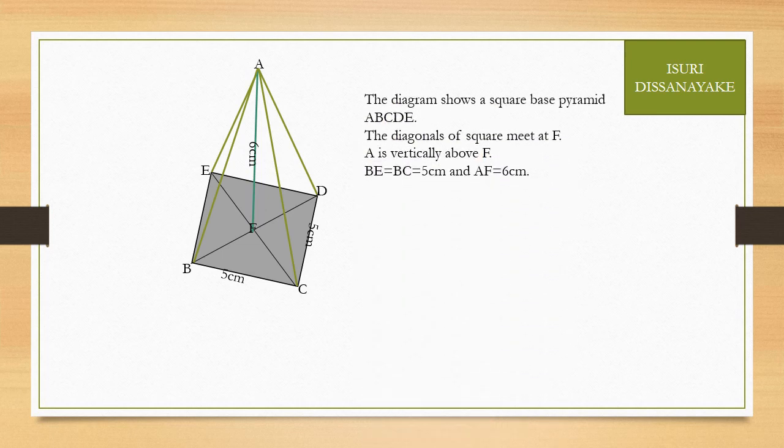The diagram shows a square base pyramid A, B, C, D, E. The diagonals of the square meet at F. So what is this diagonal? That is EC and BD, which meet at F. So you are asked to find the length AC. To find the length AC,